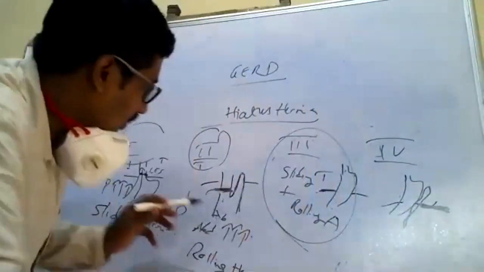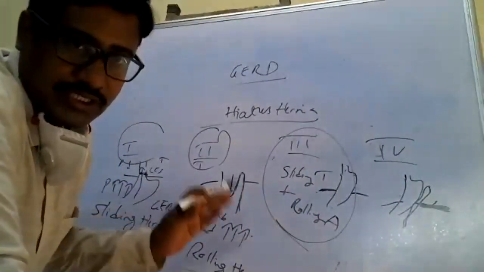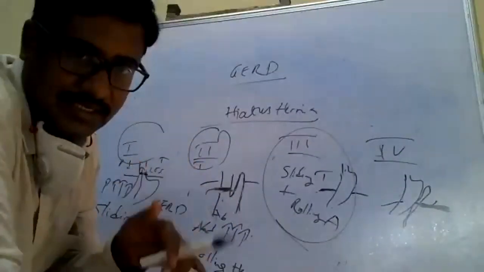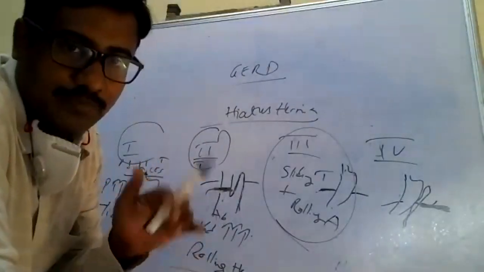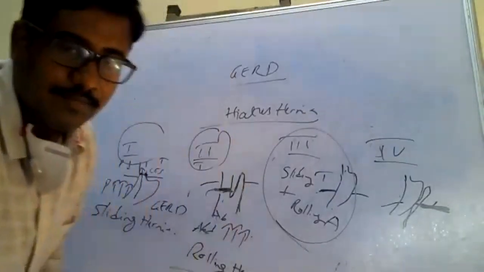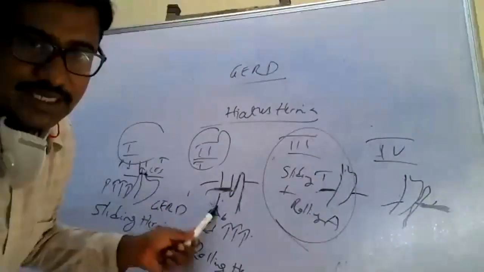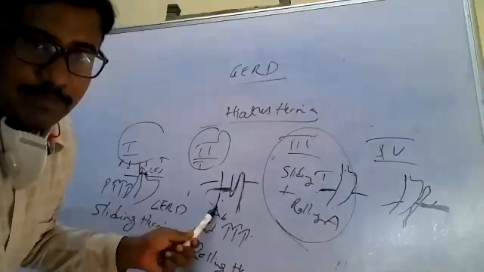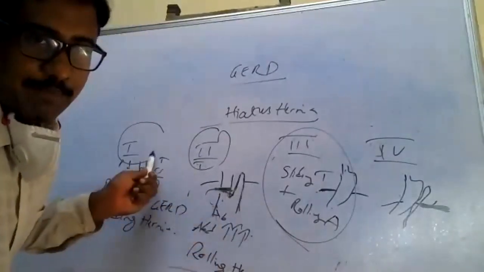So, students, can anyone say, among all these 4 hernias, in which hernia we won't see GERD, gastroesophageal reflux disease? Is it absent in type 1, type 2, type 3, or type 4? Please message me the answer. Excellent. It is in type 2. This question is asked many times in the PG entrance examination. Because why in type 2?